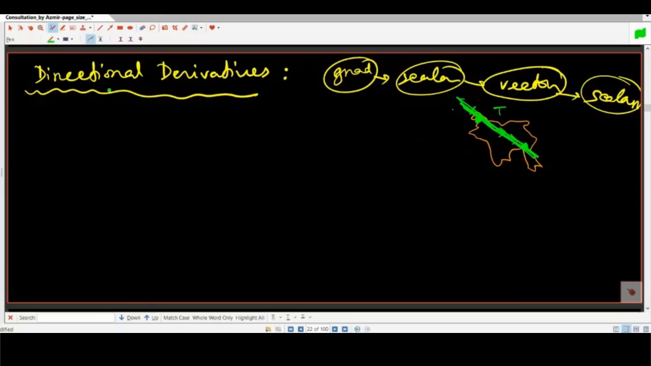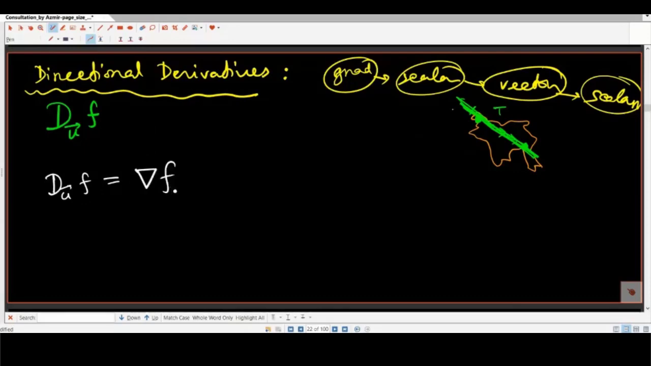So directional derivative is denoted by D_u f. So D_u, that is directional derivative along unit vector. So we have to find unit vector first. So the formula of directional derivative of f is